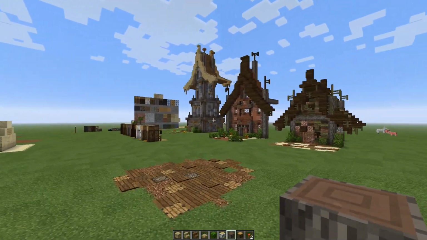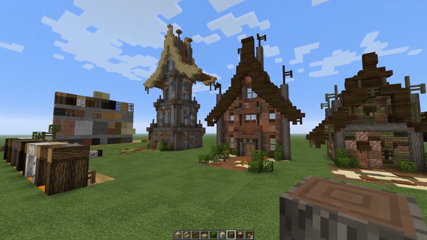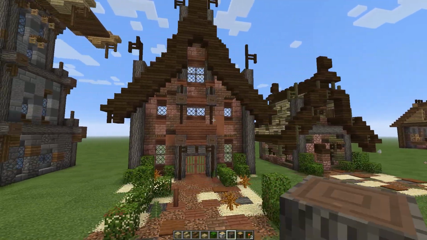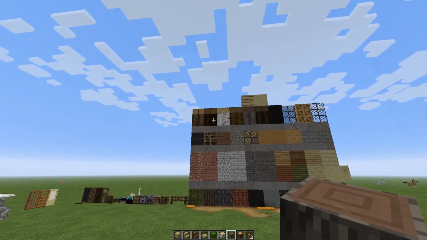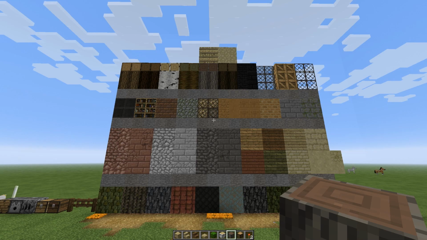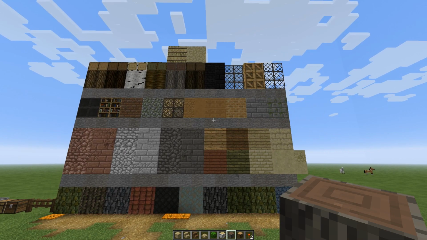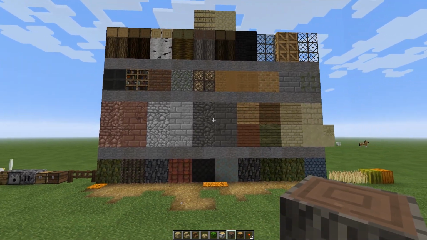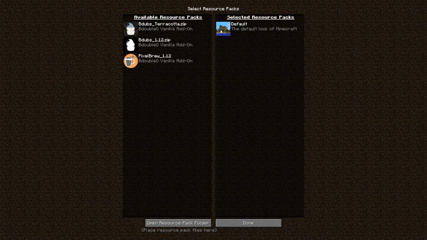Alright, so we're here in the creative world, and as you can see, these are just ideas for different things to build that I thought of. We can come back to that at a later time. The main thing I wanted to show you was this wall right here. This is basically all the different textures that I could think of that are significantly changed by Bdubs and his texture pack. I mean, if you take a look at it without the resource pack on,